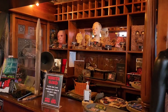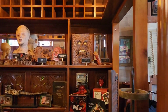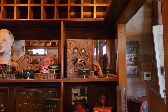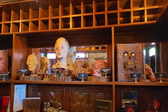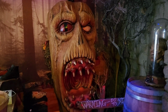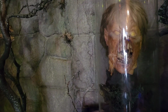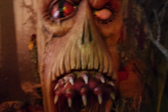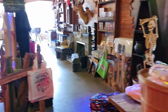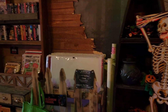This whole room is so cool, and there is so much to see. I guarantee you right now, there's no way I'm going to be able to show you everything. There's no way I myself am going to catch everything because there is so much to see. And like I said, everywhere I look, I find something new. It's like there's something everywhere in this store. Now, you could probably spend hours in this store looking at all of the stuff. Obviously, I'm not going to do that today for the sake of not having this video be super